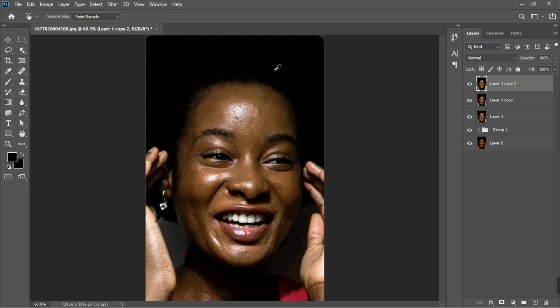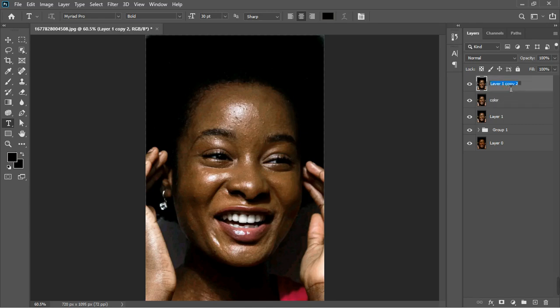Maybe we're going to do that in the photo, or maybe we're not, or maybe we're going to leave it like this. So back to the frequency separation. If you don't know how to do frequency separation, it's actually easy. Just follow the steps. Name this one after duplicating the layer twice, color, and then name this one on top,